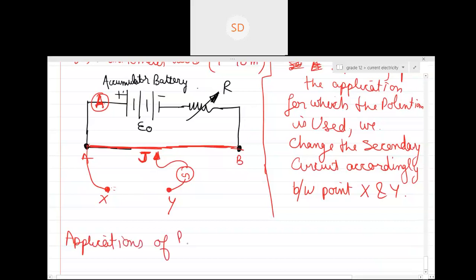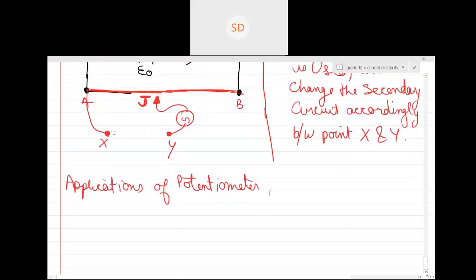of potentiometer. Guys, have you drawn this till here? And please remember, in between these points X and Y, I'll just connect the secondary circuit depending upon whatever the application may be. So let's start with the applications of potentiometer. First application is